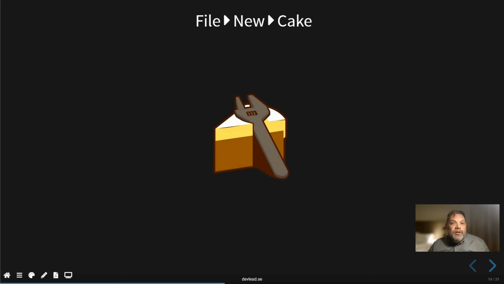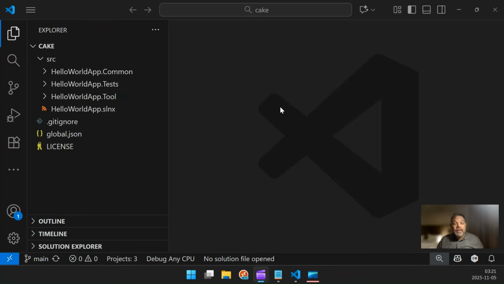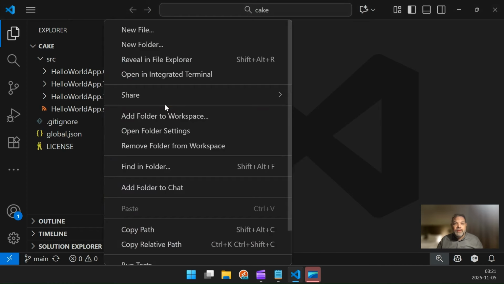So let's start with Hello World in Cake. So let's automate the build of our sample project using Cake. We can see here that I have our class library, our unit test, our console application, and solution. We start by adding a C# file which will contain our build definition. So let's create that. We can call it